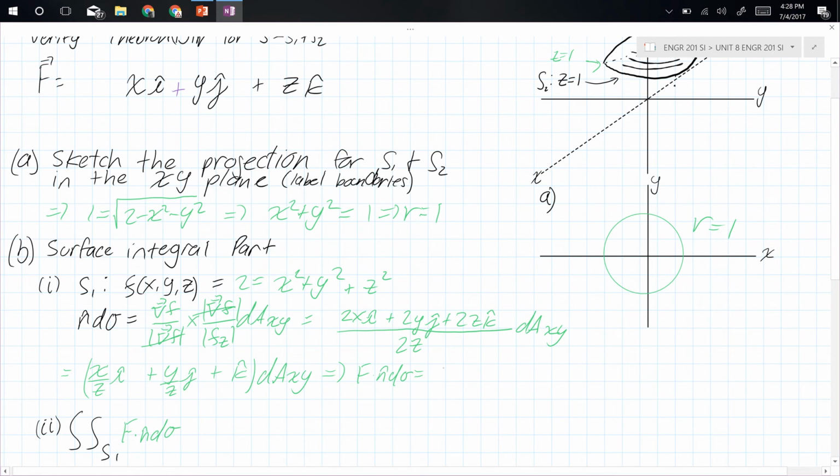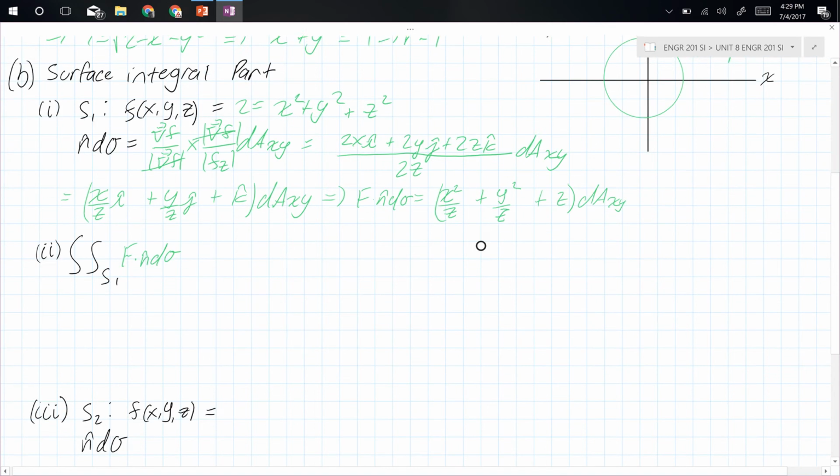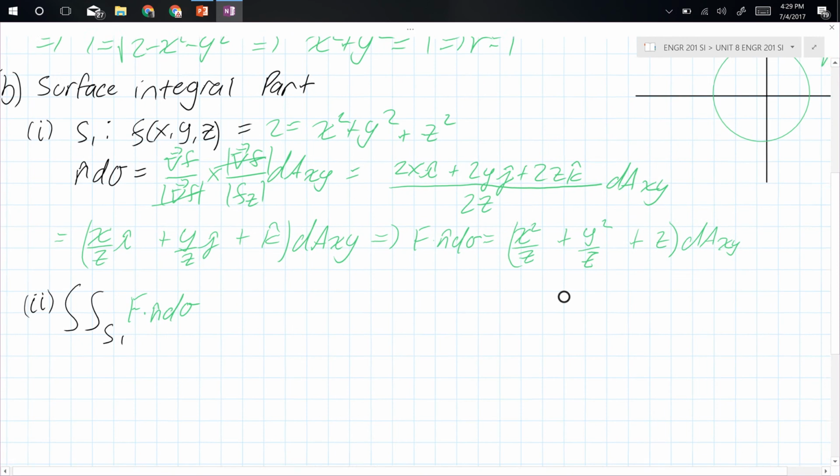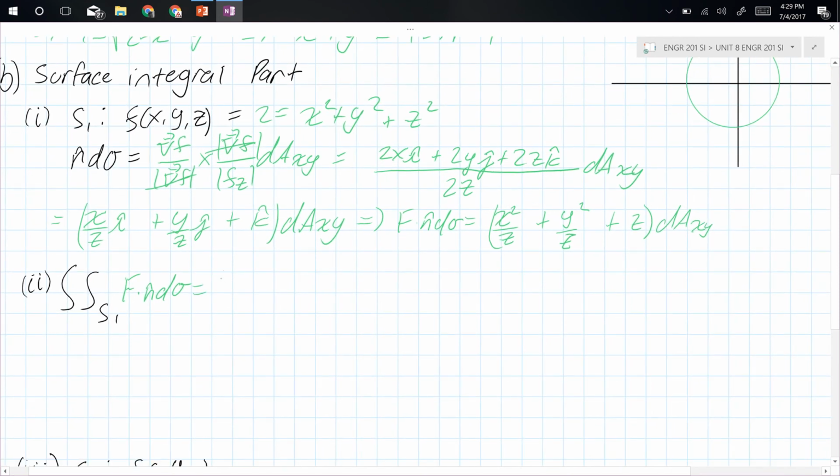So it's going to be x squared over z, and I'm adding up all these different terms since it's a dot product, y squared over z plus z dA xy. And this will equal the double integral of x squared plus y squared